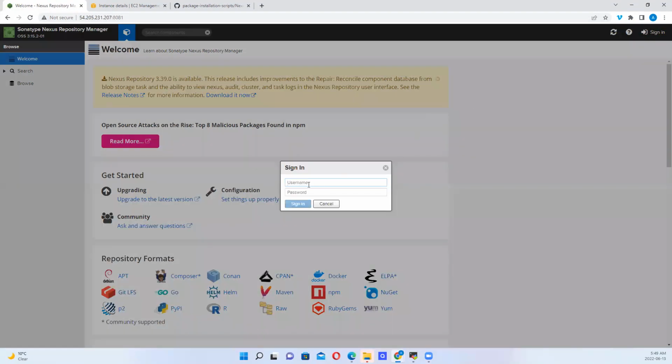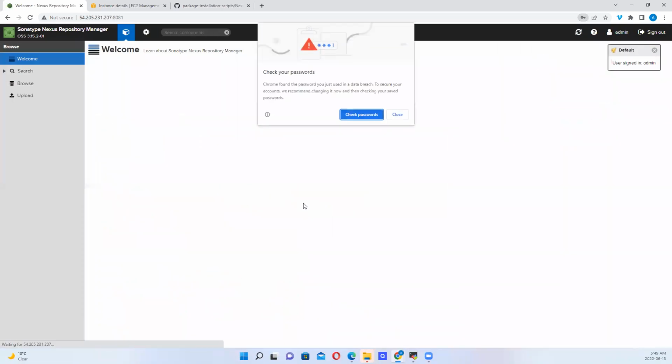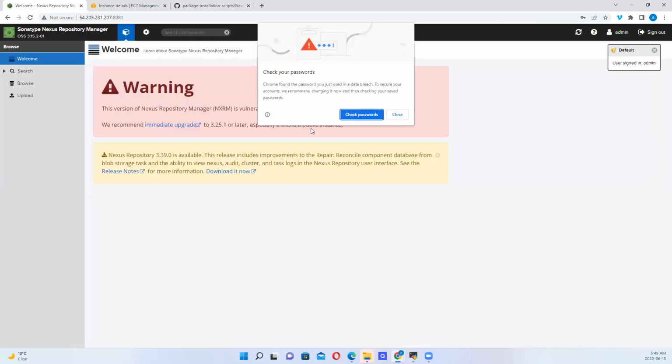So the username is admin, the password is admin123. So this is the default, right? So we are in, right? It is important that passwords be changed, but for me, I'm not going to change the password for the purpose